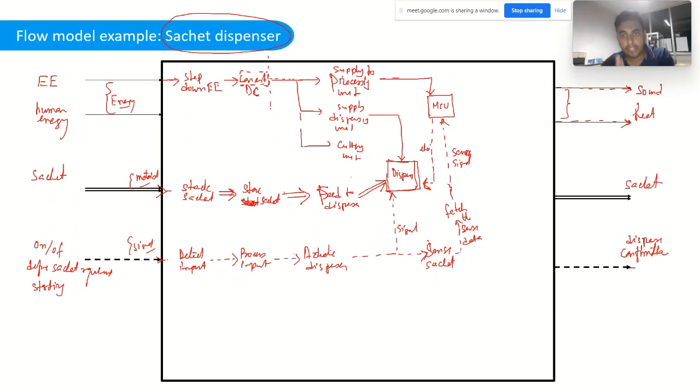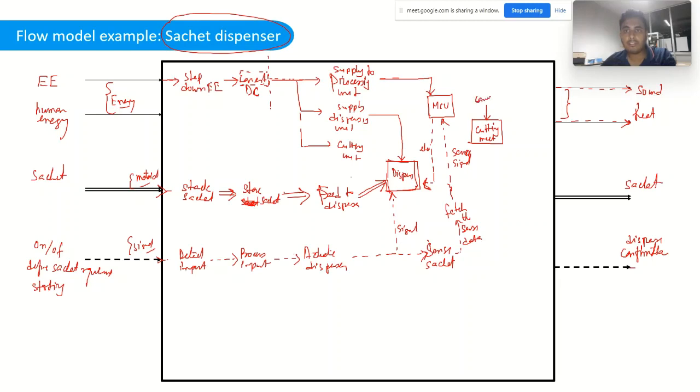Now, when the dispenser stops, the sachets need to be cut and then delivered outside. So that means the system needs to have some sort of cutting mechanism. Let's see the cutting mechanism. It may have some sort of rotating blade or cutter. So a cutting mechanism will be actuated using something like a